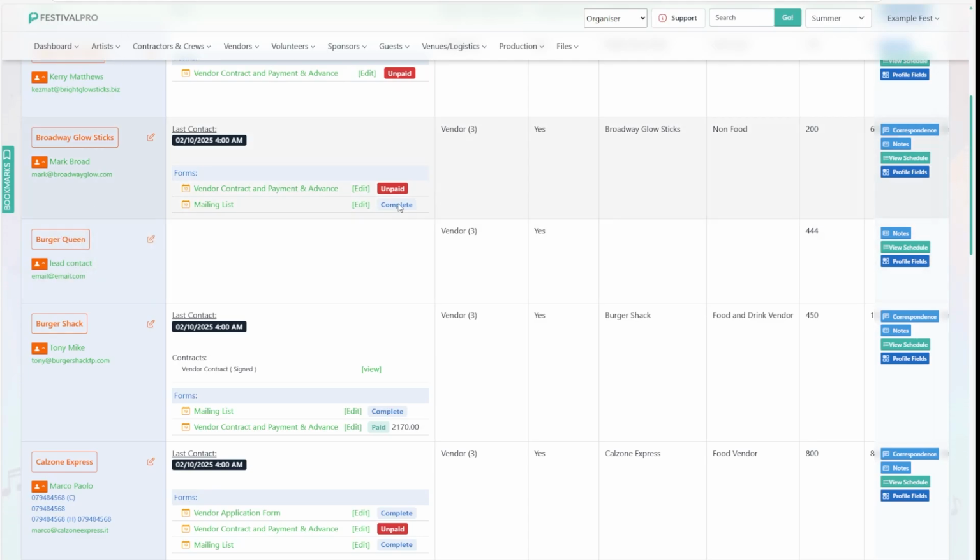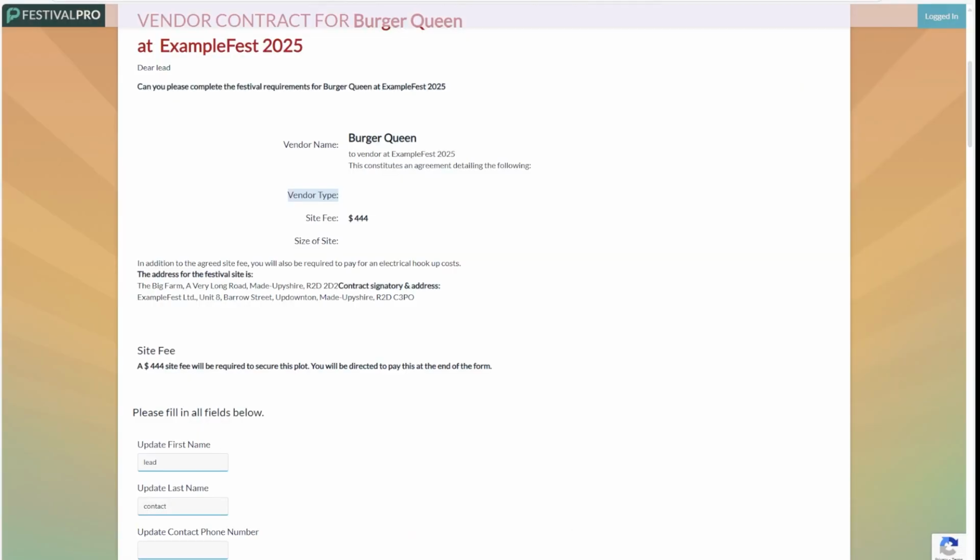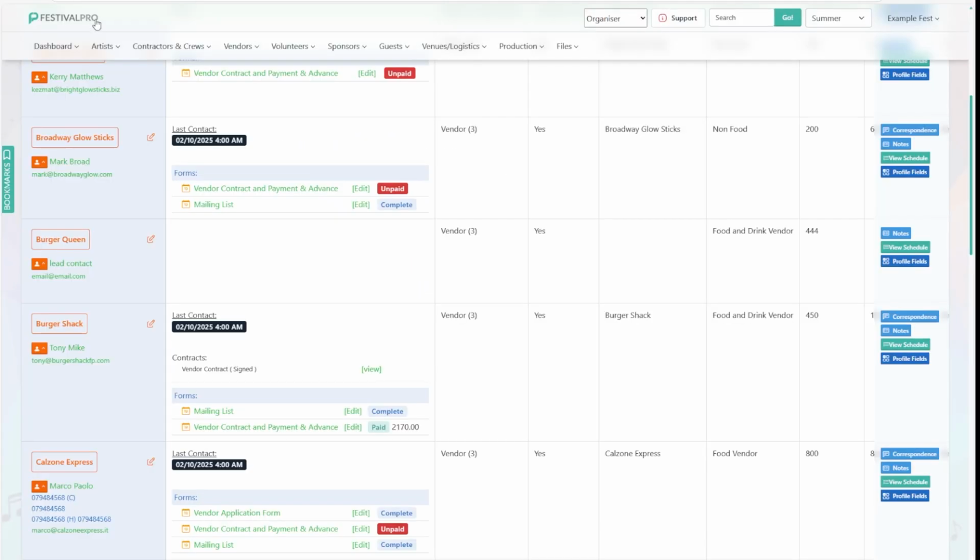So Burger Queen themselves, let's come in here and just set their vendor type. I'm going to make the Burger Queen a food and drink vendor. And if I go back to the form and refresh, we can see that that information is pulled in from their profile. And the size of site perhaps we don't need. So we can go back to that form,